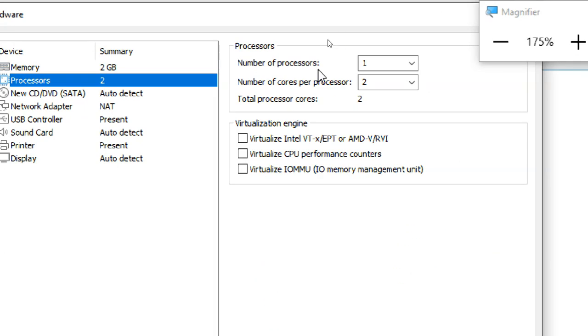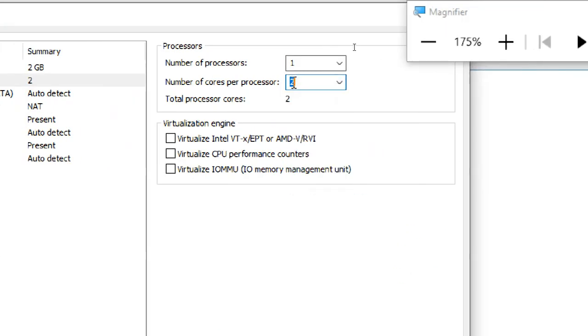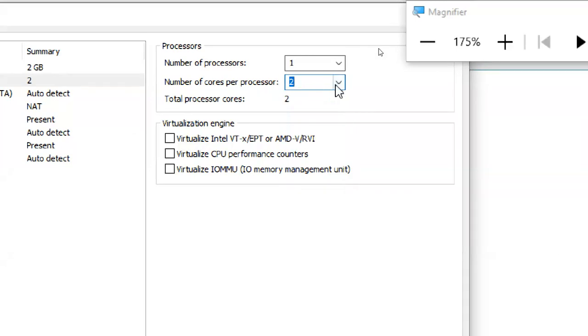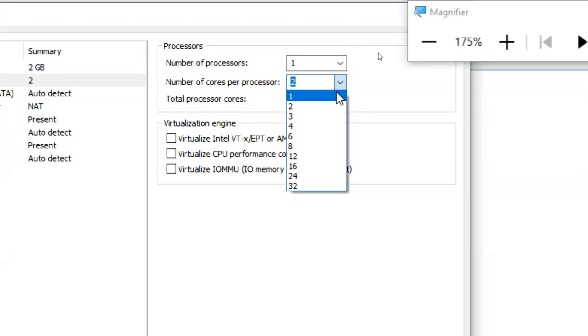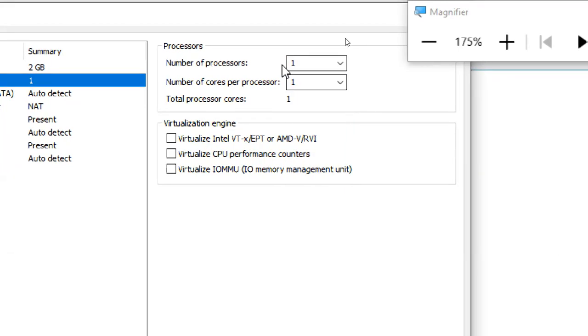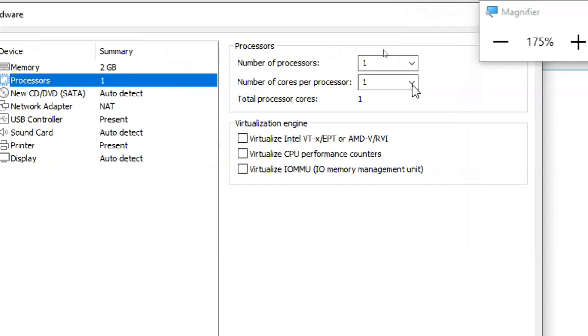It is showing processor, number of processors, number of cores per processor. So we'll take processor count as 1 only, because more burden on your processor will occur. You can use 1 or 2, no problem, if you are using the latest laptop, like i5, i7, 10th generation, 9th generation. But if you are on old systems, keep it at 1.